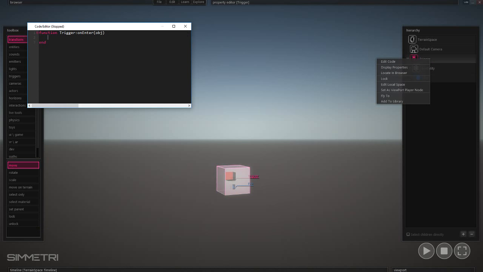So our trigger on-enter code. What are we going to do with this trigger? I don't want it to just go and find the fire like this, because I'm going to clone many of these out, and I don't want to look for this particular instance of fire. I want to always look relatively, to my child fire, the fire that's down my hierarchy. So what that means is that I'm going to need to reference myself, and then get my children. So the code for that is self colon find node